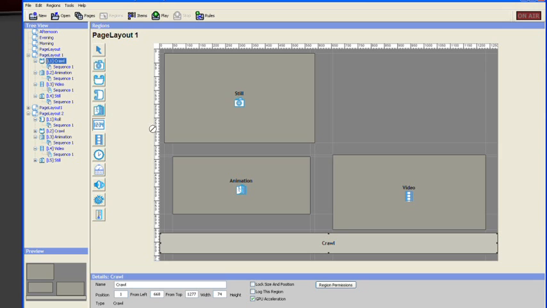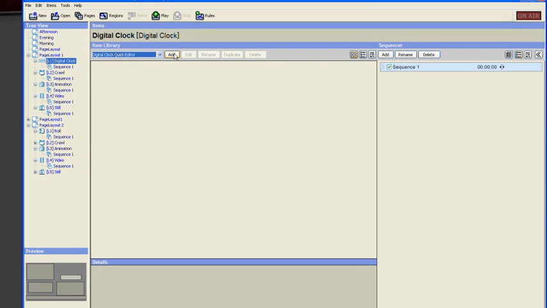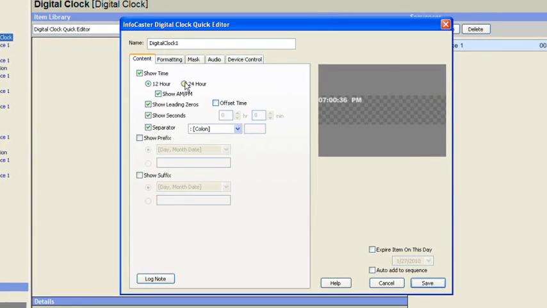Let me show you a digital clock first. Select the Digital Clock Item tool and draw our clock item. Double-click on the new item and click Add in the Digital Clock Quick Editor. We have a lot of options in how we lay out our digital clock. We can choose to show 24-hour or 12-hour time, showing AM/PM,